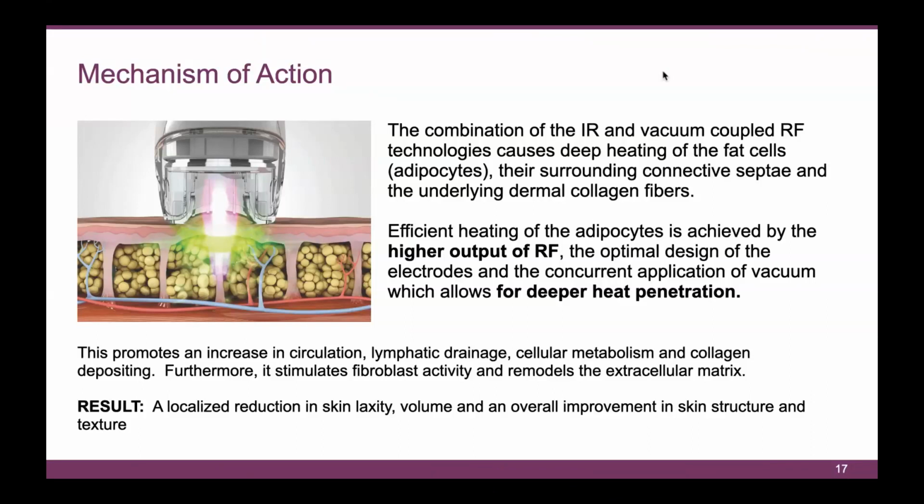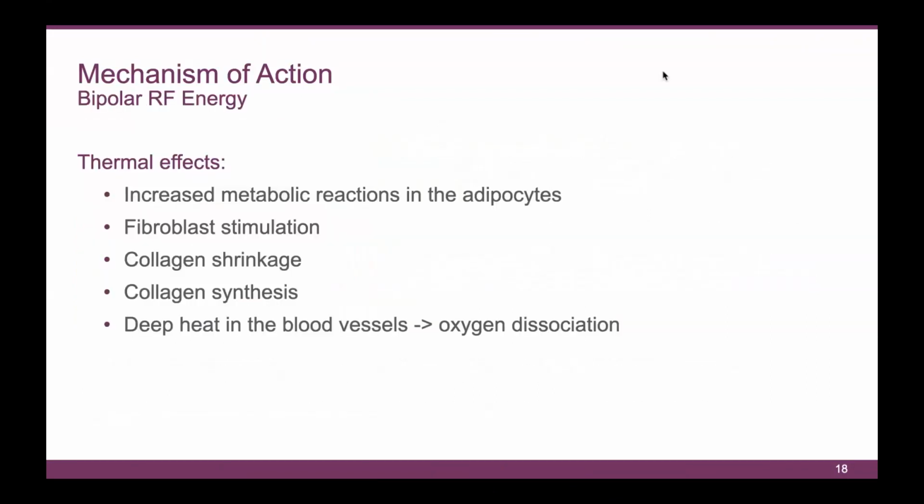But if you do just one treatment with the VelaShape in one area, you can immediately see an improvement in skin texture. It's quite a lovely before and after, even for the patient to see that it's working, and it makes you want to come back and continue with that. So it's the laxity, the skin texture and the tightness of the skin that you can really see quite quickly. As we said again, just to summarize,